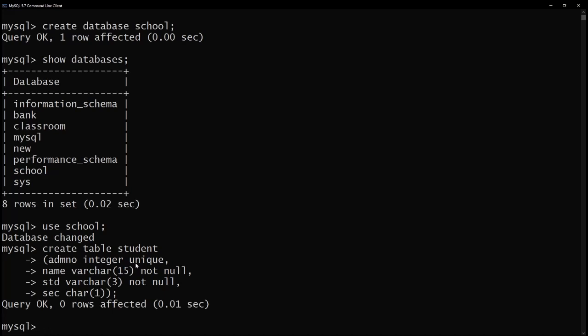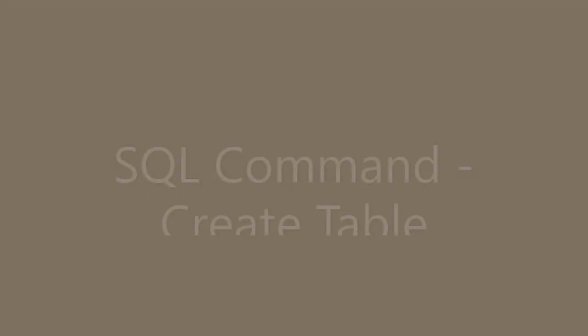Table means the structure of the table is available, but still the table is empty, which means we have to add the values. Now I want to see whether the table is created or not. So I can see the description of the table.